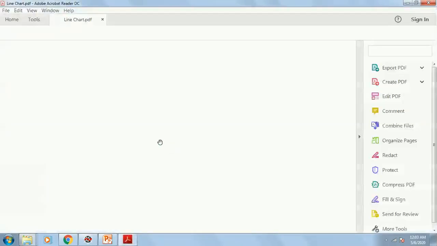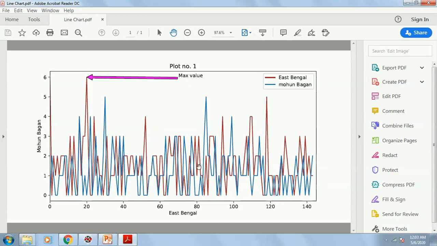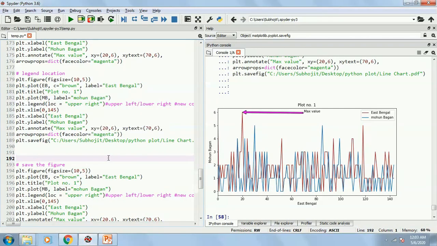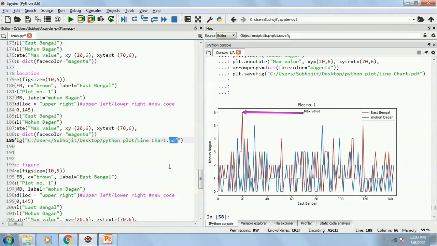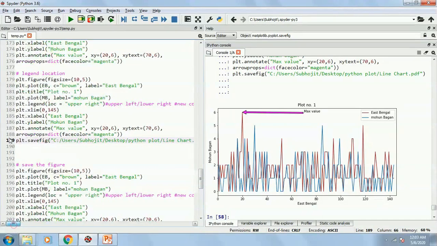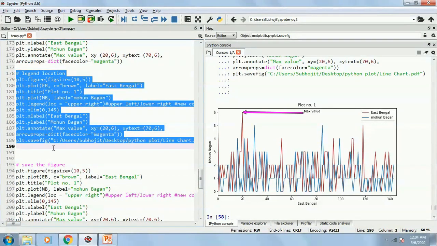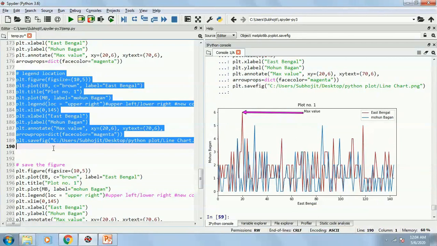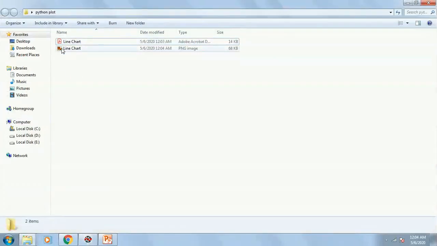Now from this chart you can save it, send it to your client, or put it in your PPT. If you want to change this property, and I want it as a JPEG or PNG, simply change it to PNG and then it's going to be saved as a PNG. See, now it has saved as a PNG.